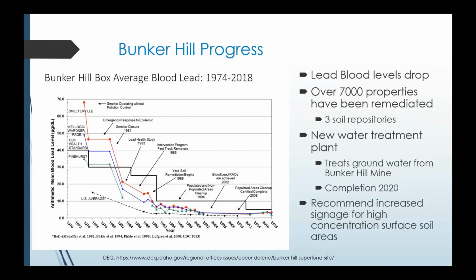And as I mentioned earlier in the presentation, over 7,000 properties have had their soil remediated, and there are more properties planned going forward. There is a new water treatment plant being built that can remove up to 1,800 pounds of zinc per day and has a completion date of later this year. Repairing over a century of mining damage is expensive, and most of the mining companies responsible for this have been